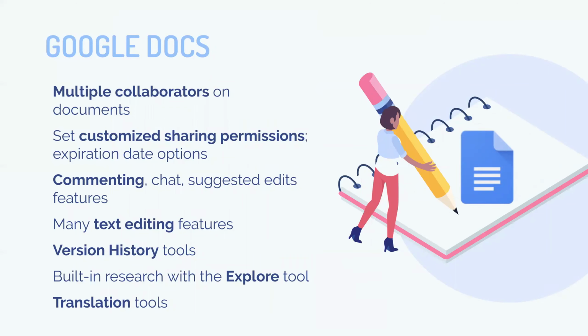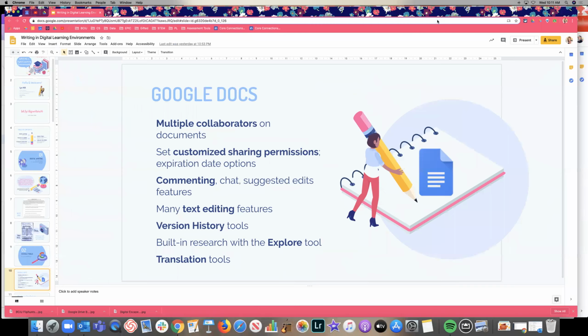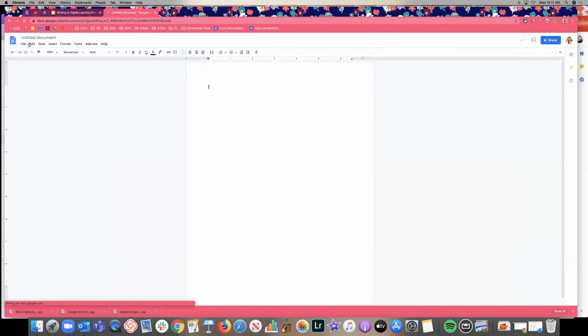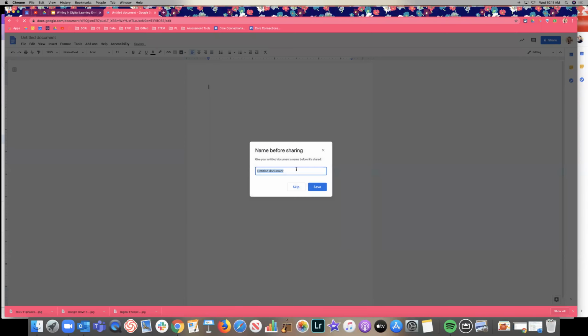Of course, you can have multiple collaborators. So if you get to the point where you're comfortable having students co-write or co-publish, or you bring in peer editing, I think that's really a valuable thing to do. You can set customized sharing permissions. This is something that you might not realize when you're just building it out and sharing with kids. But if you build a document and you decide to share it, there is a space here